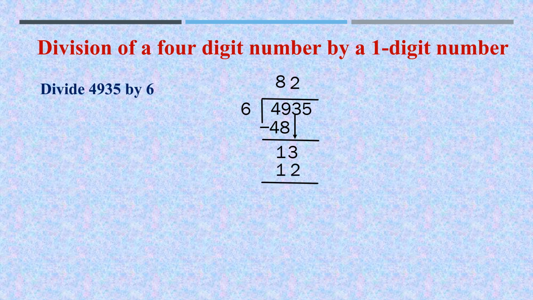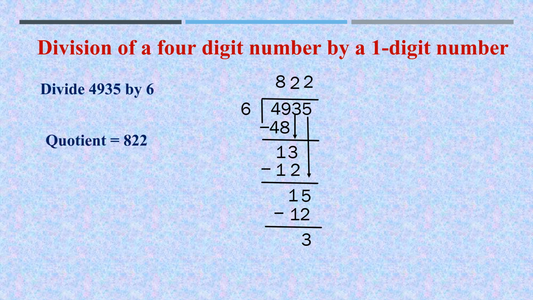Now let us subtract this. We get 1. 3 minus 2 is equal to 1. Now let us bring 5 down. So let us see how many times 6 is there in 15. 2 times, isn't it? So 2 6s are 12. If we take 3 6s, what will happen? 3 6s are 18. So it is greater than 15. So take 2 6s are 12. Now subtract. What is 5 minus 2? 3. So what is the quotient here?